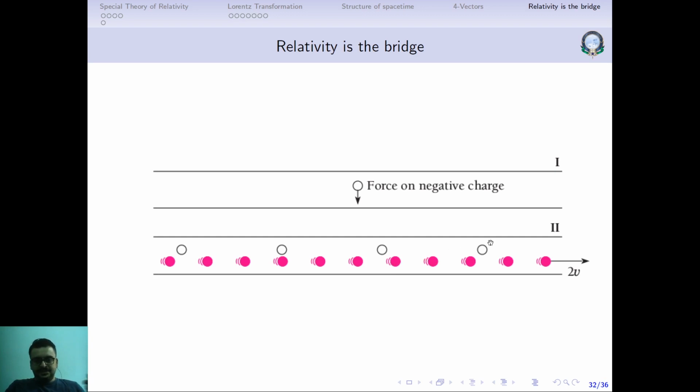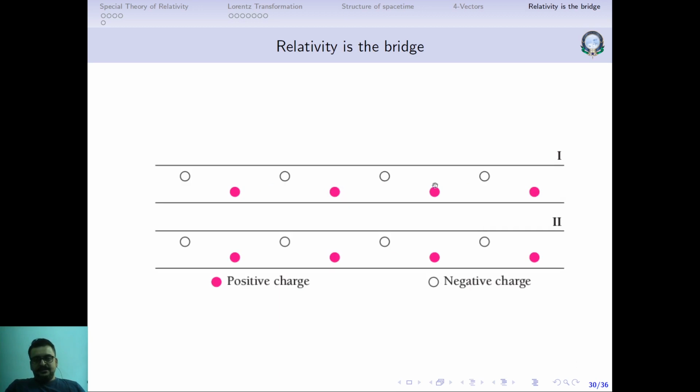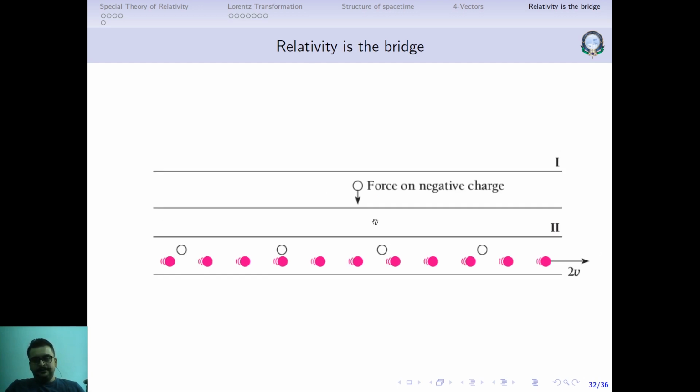When you apply relativity, because of length contraction, the spacing between the positive charges reduces. In the static case, when there was no current, we had the same number of positive and negative charges. So a negative charge here finds that in the other conductor we have the same number of positive and negative charges, so it will not feel any attraction or repulsion. But now when you make a current flow, the spacing between the positive charges appears smaller, so within the same volume the number of positive charges has increased slightly. I say slightly because v is very small, but nevertheless it's a slight increase in the net positive charge in the other wire.